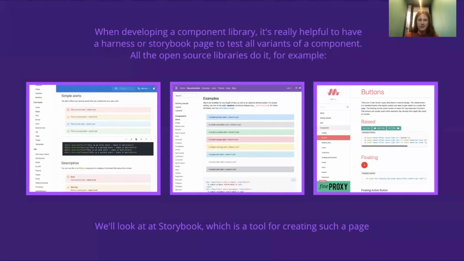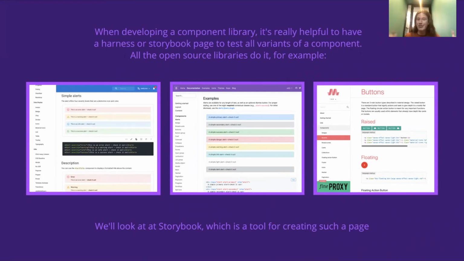One thing that you will note when looking at open source component libraries, and I implore you to do that, go and have a look at Material UI for React or Bootstrap, that's a CSS one, is that they have great demonstration pages. They'll often have examples like, here's what a red alert looks like, here's what a warning alert looks like, and every example of a component is basically rendered there. This is really good as a consumer of the component because you can see what components people have built. But it's also really good as a developer of a component library